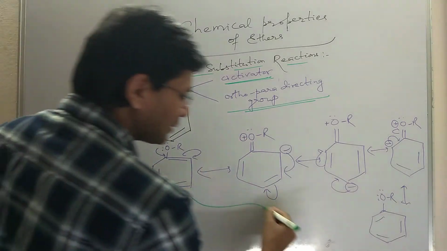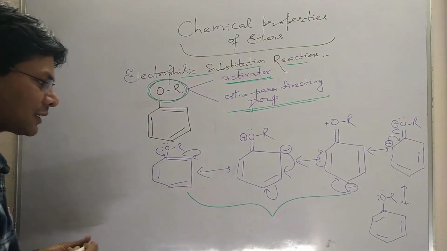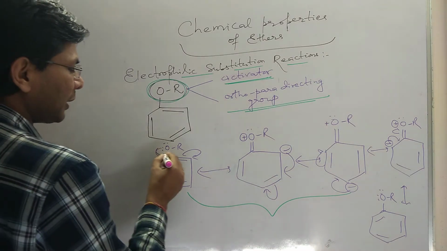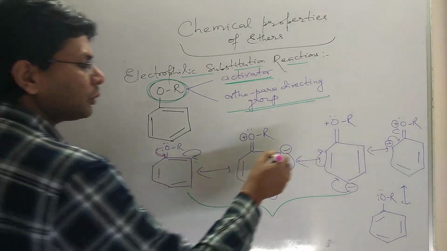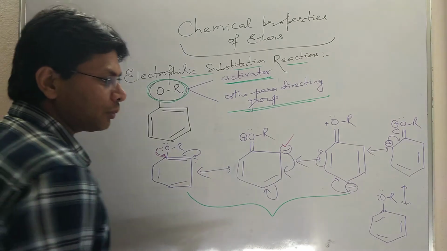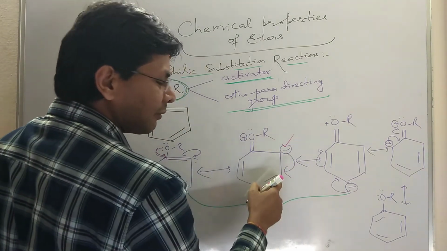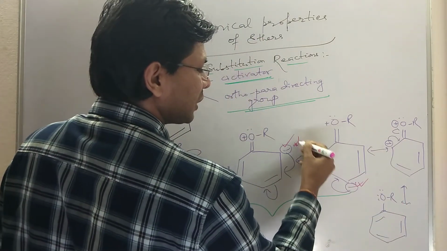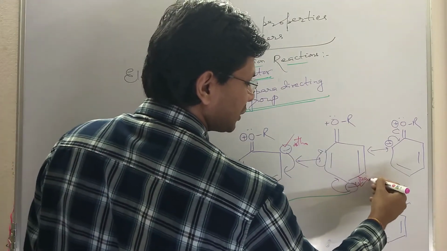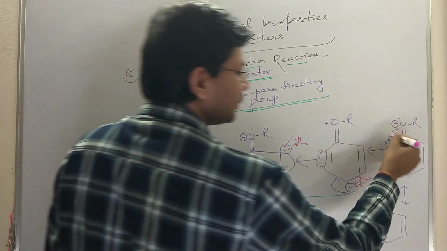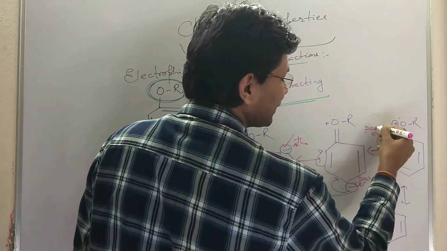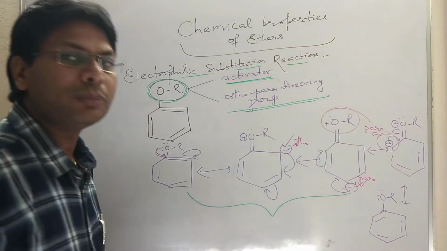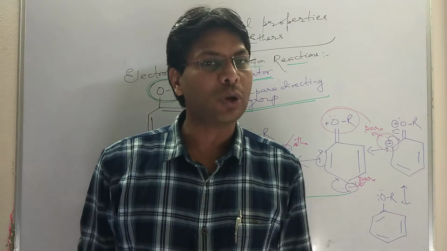If we see the resonating structure, you will notice that this lone pair comes here, then this comes here. So due to this, a negative charge comes at ortho position. Again this electron comes here, there will be a pi bond, so this bond will shift here. Again this is a para position. So this is an ortho position, this is para position. Again this electron will shift here, due to which again the para position electron density is increased. So due to this alkoxy group, there is an increase in the electron density at ortho and para position.